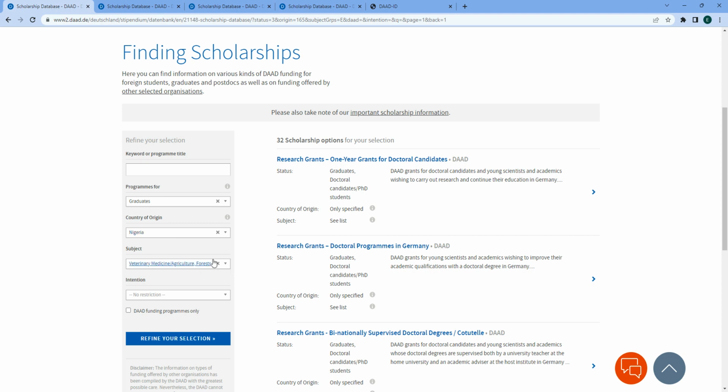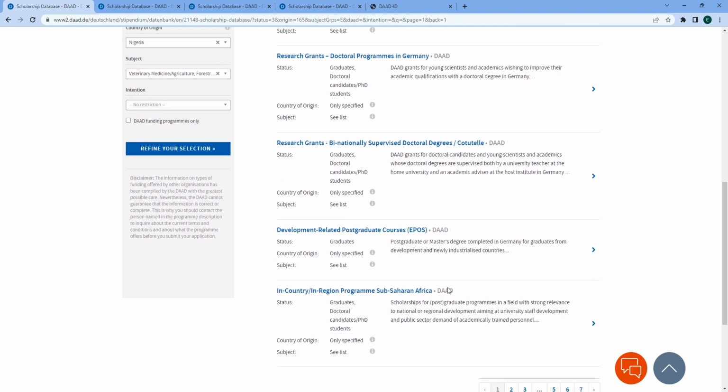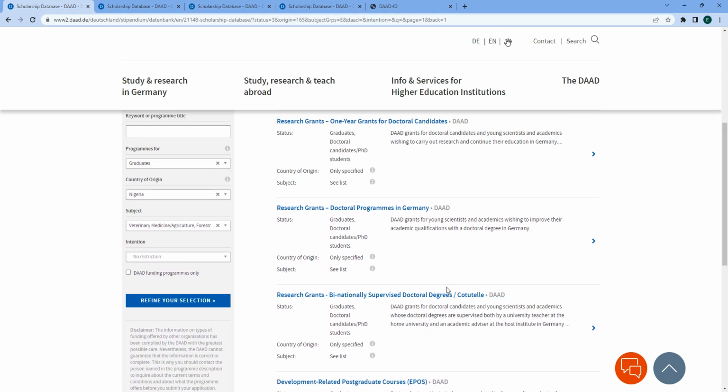So there will be changes in the options available based on the programs you're looking for, or the country of origin, and then the subject grouping. So once you fill in this information correctly, you'll be able to get what applies to you. You get all the information that you need, and you will find the steps to getting selected in this program. And